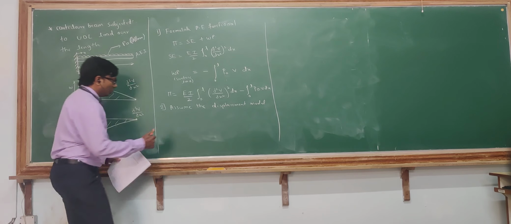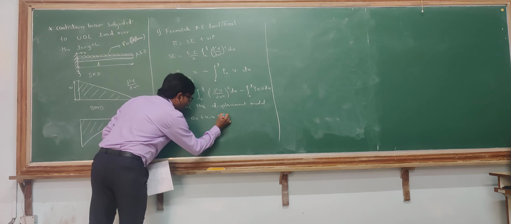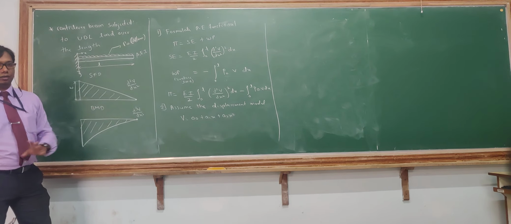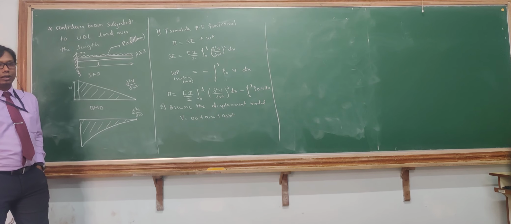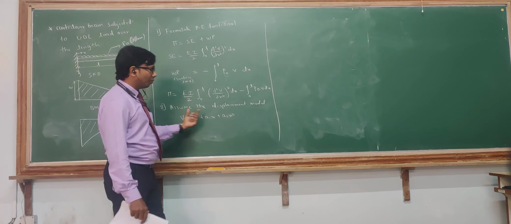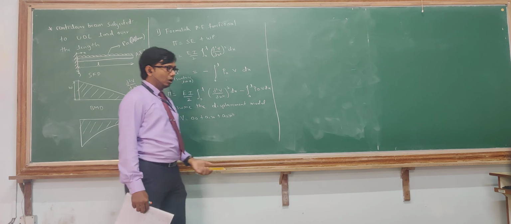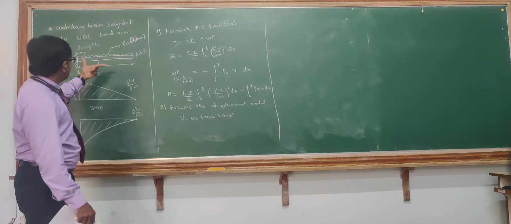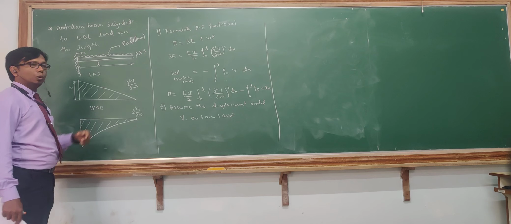So v is equal to A0 plus A1 x plus A2 x square. This is an assumption which we have made. If I go on solving with respect to this assumption, I will not get the proper solution. We have tried it out and have not got the proper solution. So you have to increase the number of constants. I have got this from the problem definition, that a beam is subjected to a point load.